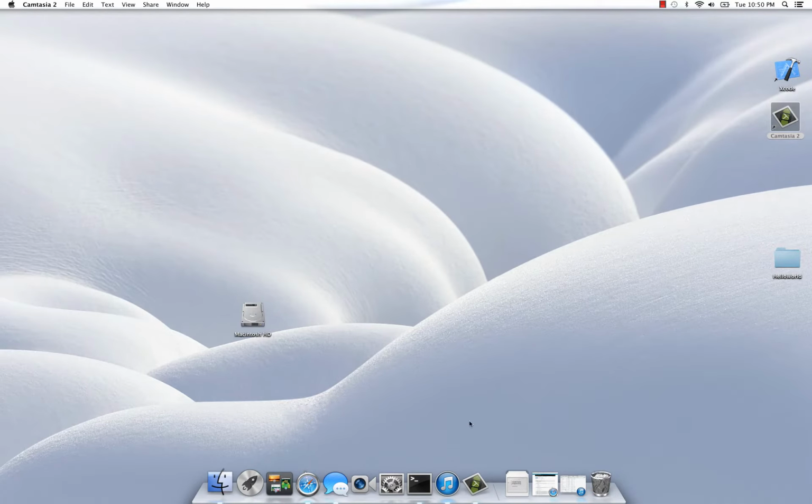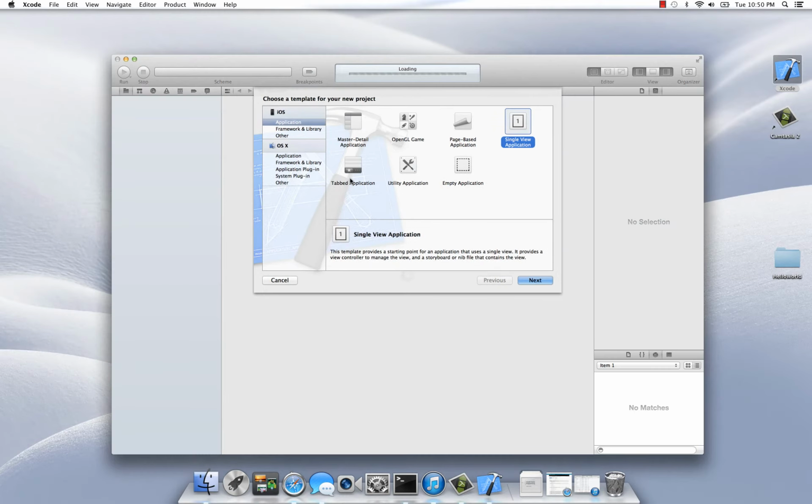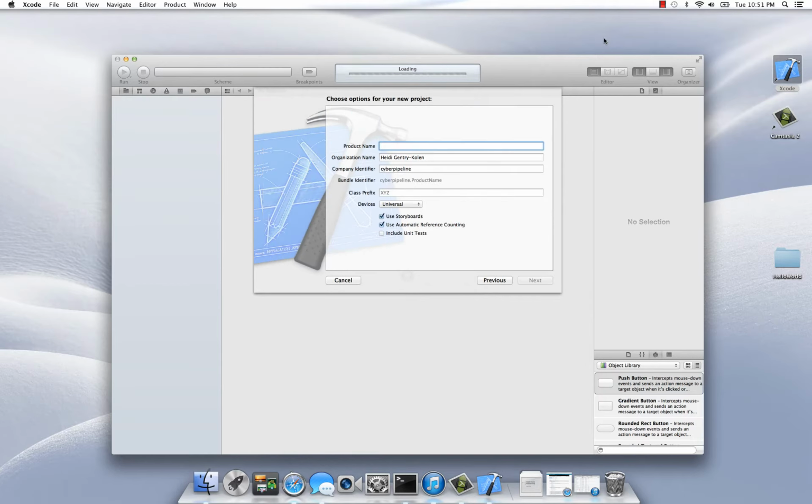So starting from the beginning, you want to open up your Xcode, and you'll be brought to a simple screen like this. You want to select Create a new Xcode project, and within the iOS selection area you want to select Application, and for our first little application here we're going to choose Single View Application, and we'll talk a little bit more about what exactly that means later. Right now we just want to produce the obligatory Hello World program.